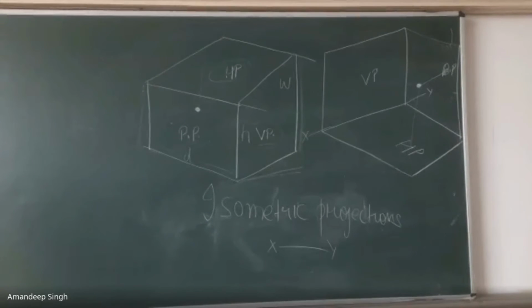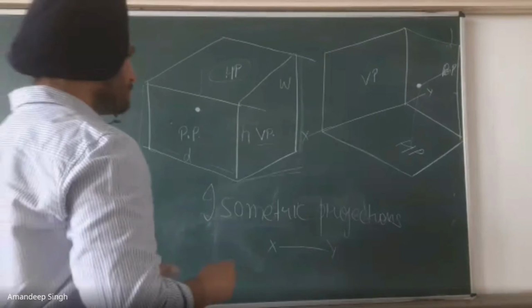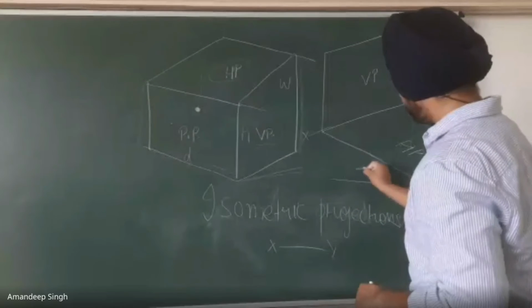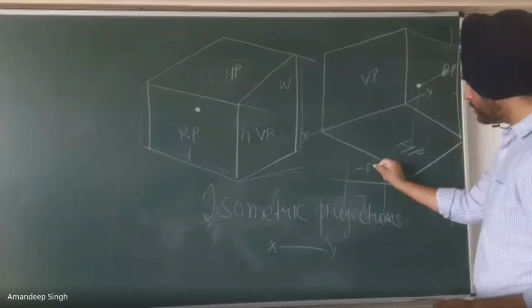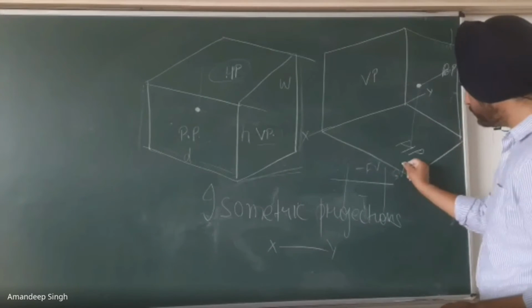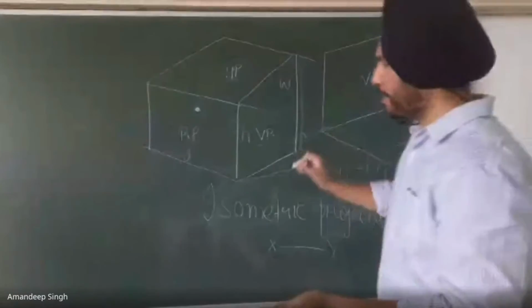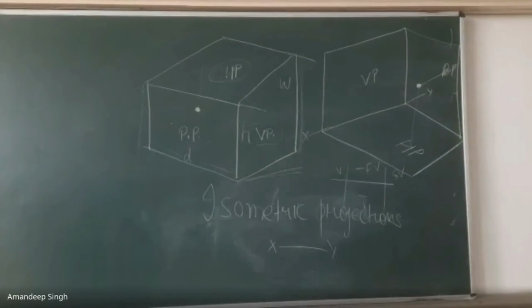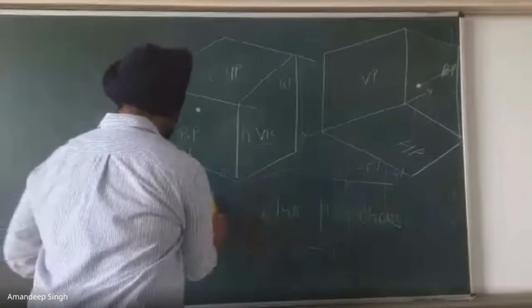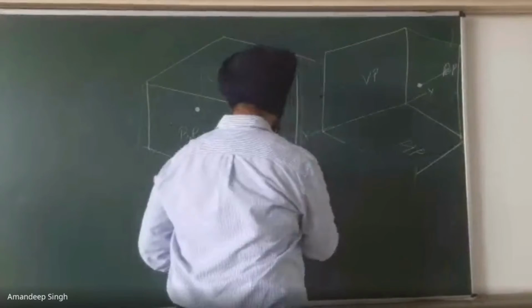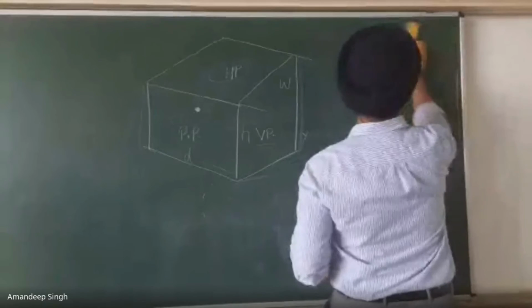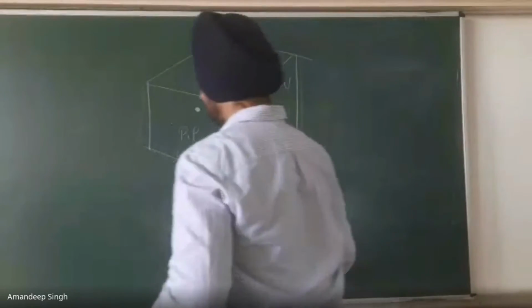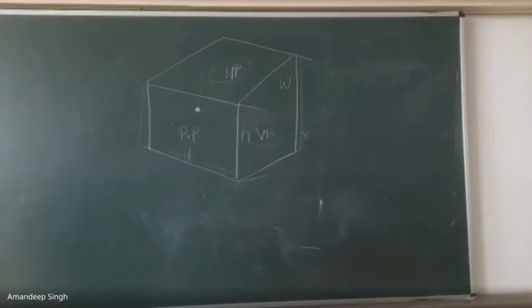So over here, I'm making you understand why the front is here, top is here, and the side is here. In case the side view is along with the front view, it is first angle projection. If the front view comes below the reference line and the top view is above the reference line, that is third angle projection. Now, this is the reference line.